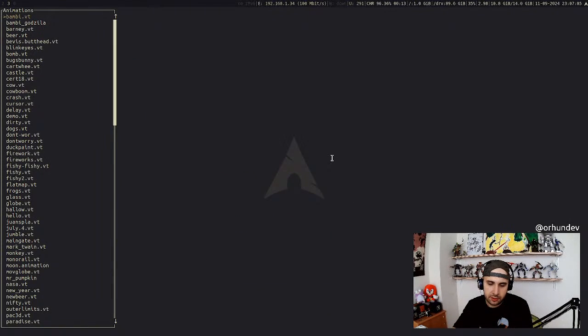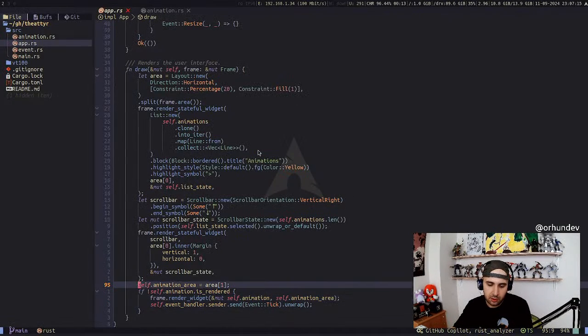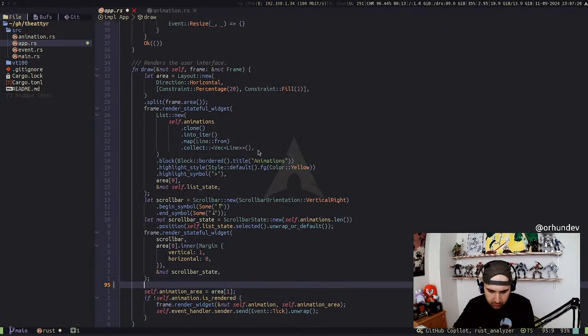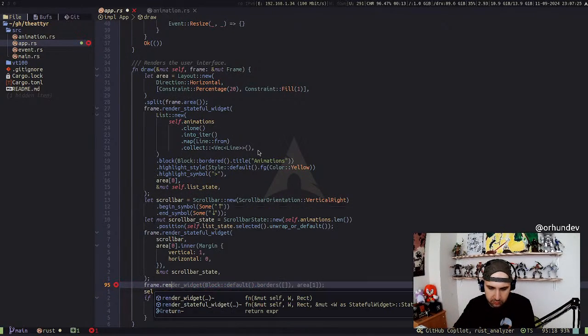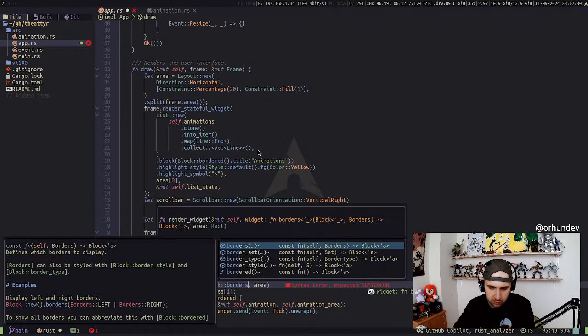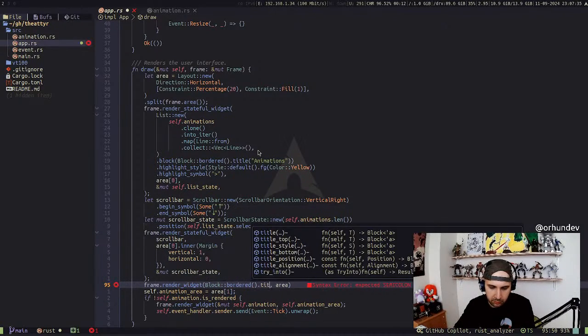One thing that I realized is there's no block here. So this is just an empty space here. So I'm gonna actually render something there. I can just render a block, actually. So gonna be something like this, block bordered, and then title will be